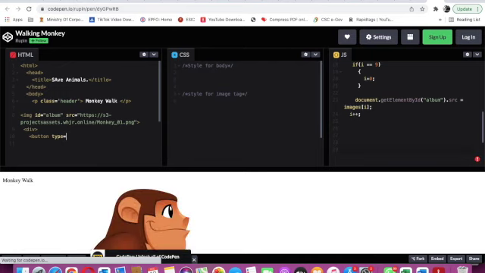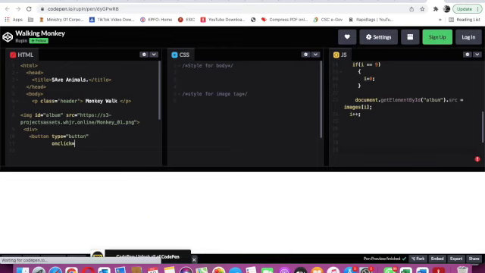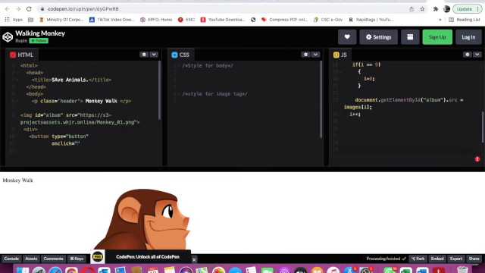Then I will give an enter. Here I will type onclick is equal to, here I will type next slide. Next slide. And then I will give a function.